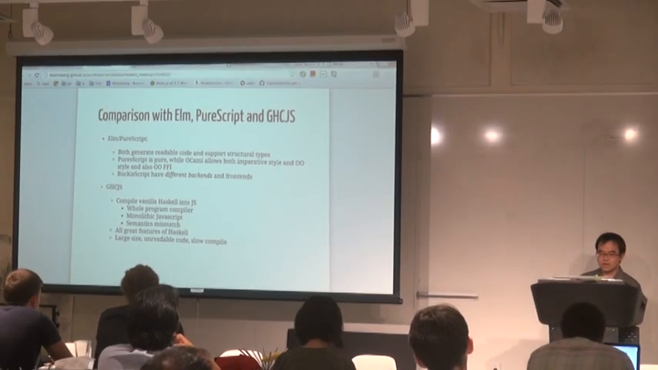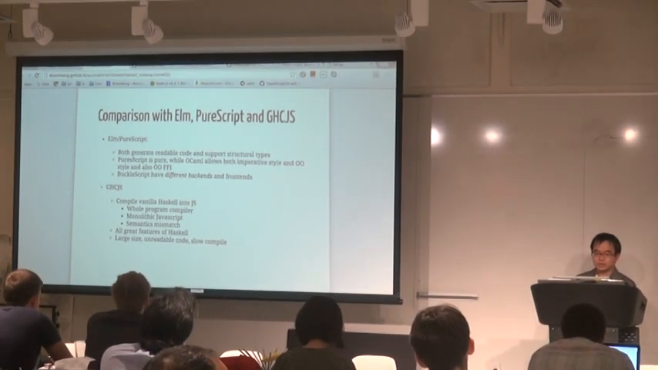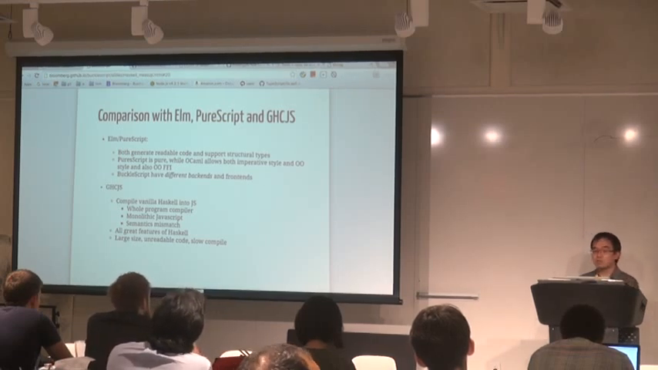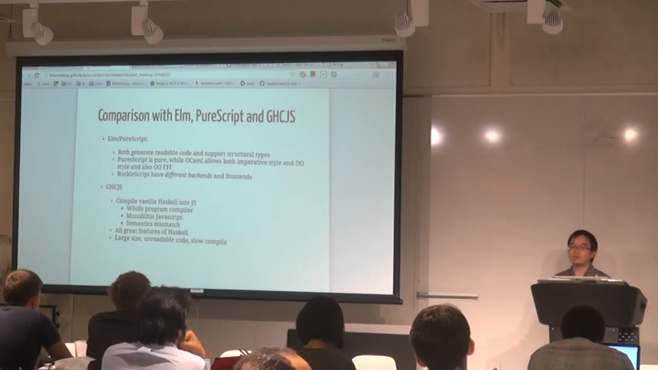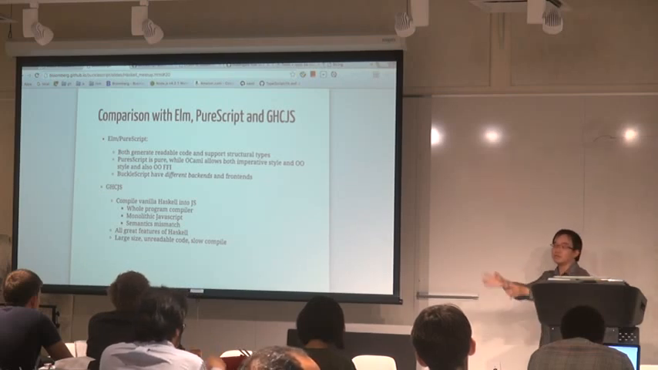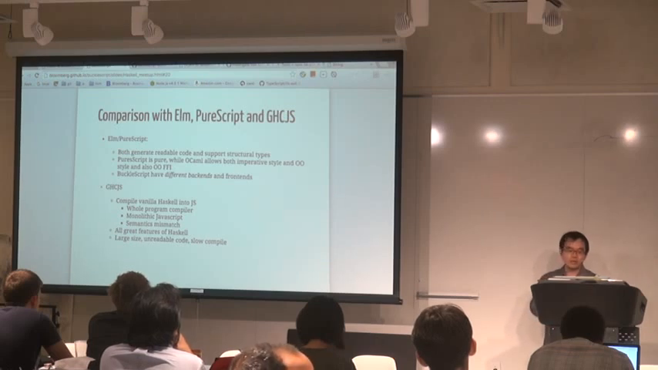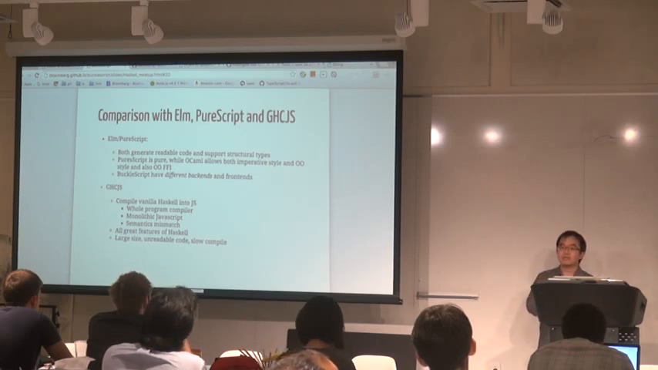The other thing in Haskell is GHCJS. We compile vanilla Haskell into JavaScript code. It's a whole program compiler, which means GHCJS will take all your Haskell modules and compile them into a single monolithic JavaScript file. The reason with GHCJS is that Haskell is a lazy language, so there's a semantic mismatch. You really cannot generate very